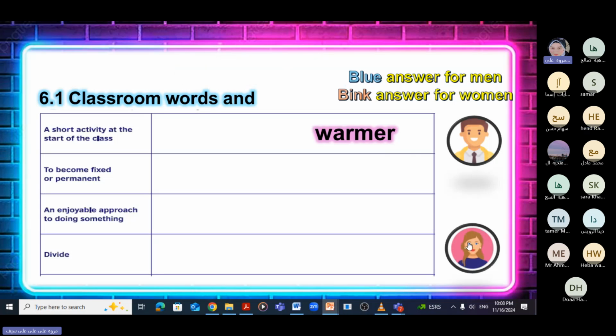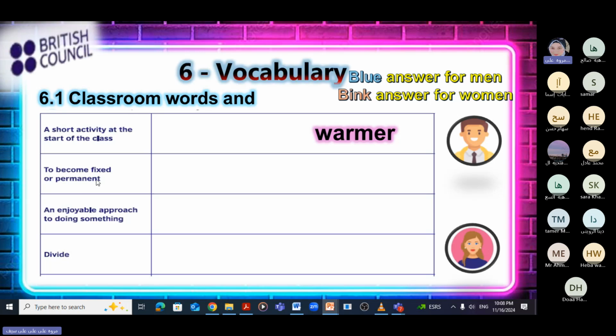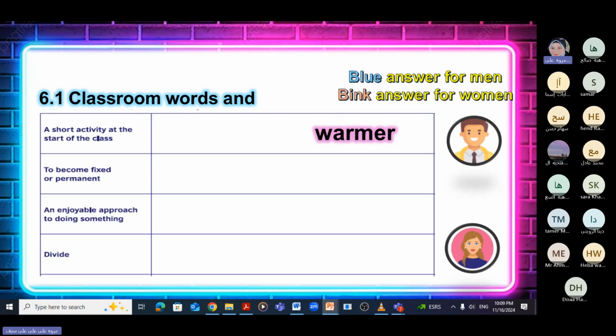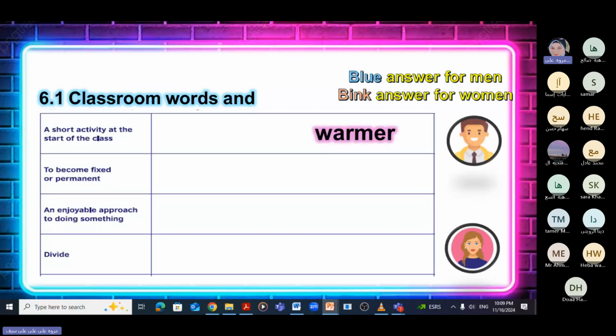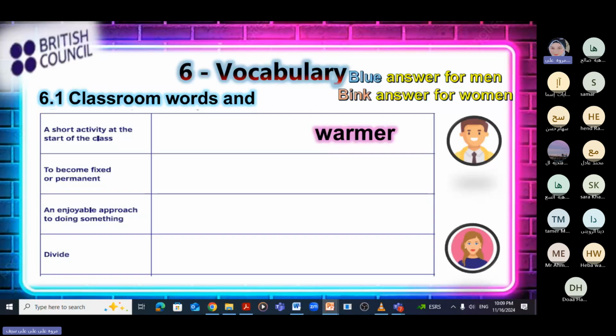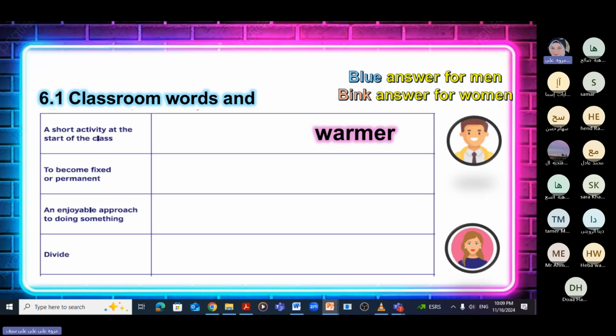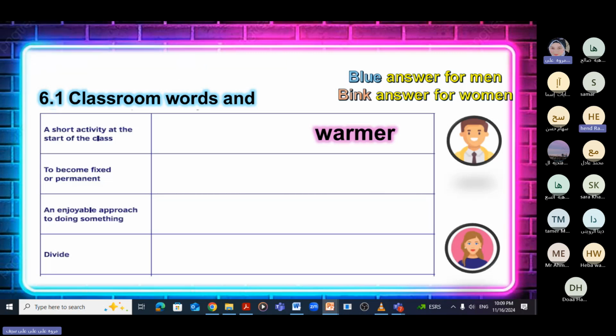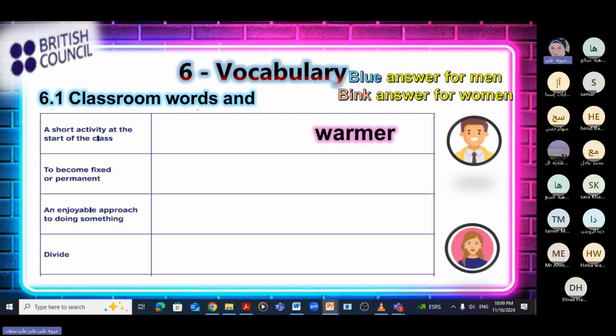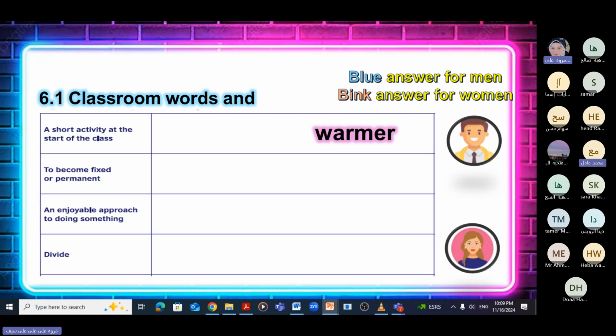Okay. Now, the second one, to become fixed or permanent. To become fixed or permanent. Can you give me another word for it? If you have any suggestions, I will consider the answer correct if it's close to the expression. To become fixed or permanent. You mean the opposite of flexible? No, one word that is similar to it. Static or